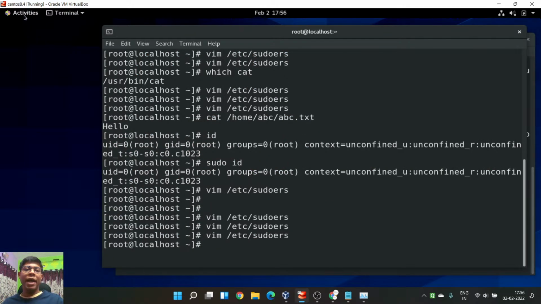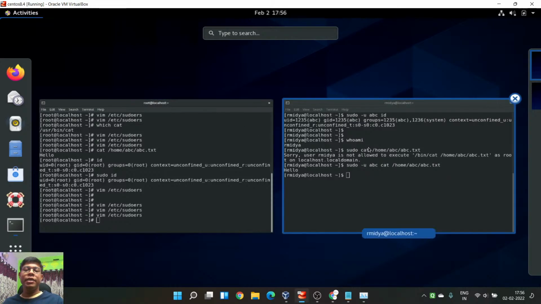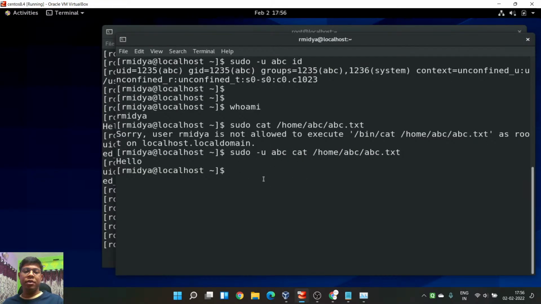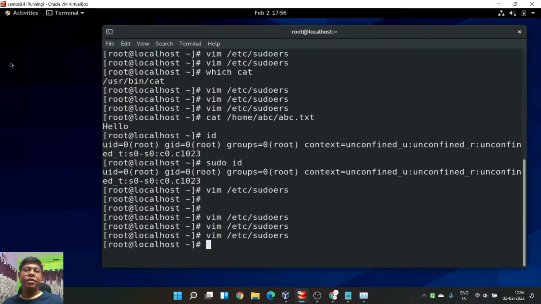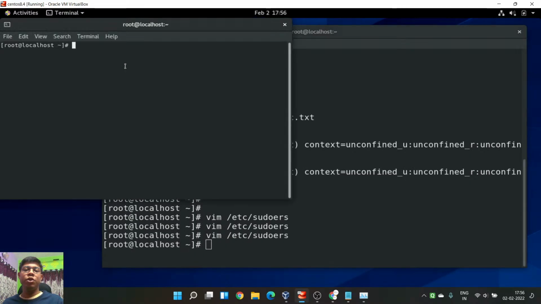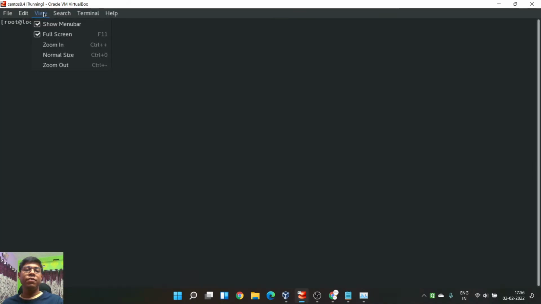It now might look like, why did I give this NOPASSWD? The simple reason is, if I open another new window and zoom in, you will see.